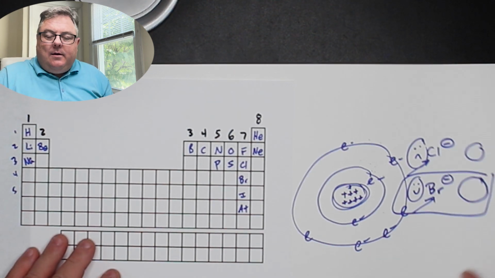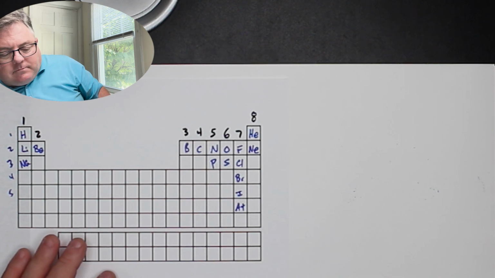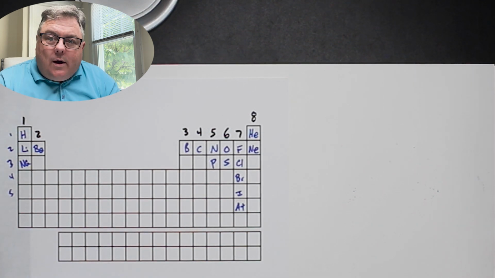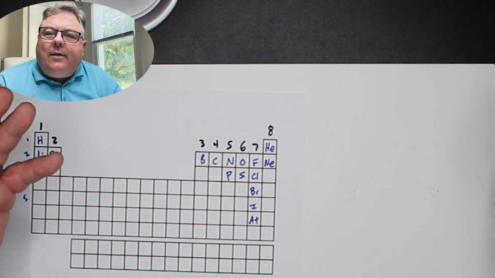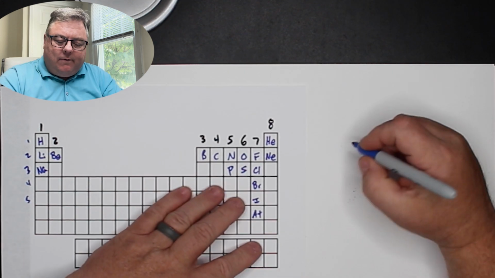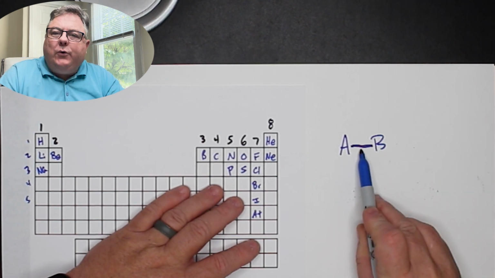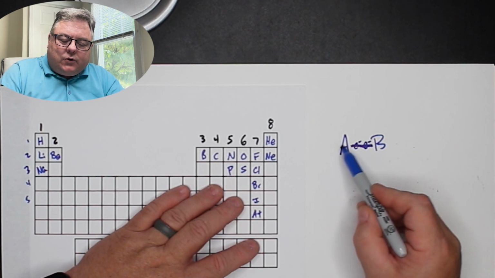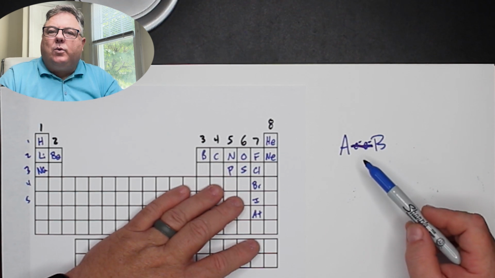Now let's take a look at another periodic property called electronegativity. Electronegativity, that's a $9 word if I ever heard one. What in the world does electronegativity mean? Well, it's sort of the measurement of how strongly an atom pulls the negative electrons in a bond towards itself. So if I have two atoms and they're fighting over, if I draw a line like this, that means there's two negative electrons in a bond. Let me go ahead and draw e with a minus. How strongly this atom pulls those electrons towards it, and how strongly this atom pulls the electrons towards that,